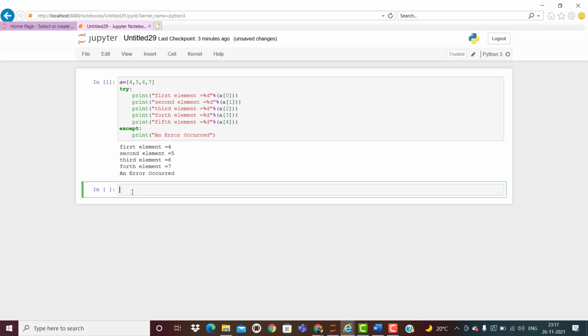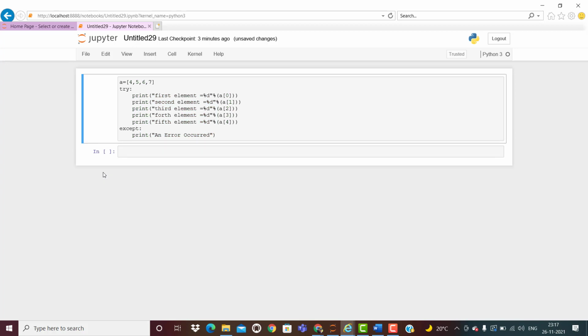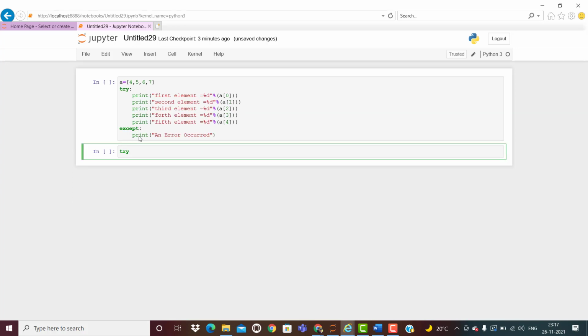Let me write one function here. I am not writing the function first, so I'll write try, and here I'm calling one function. So shall I write sum, and one value I need to pass, that is 4 I am passing.